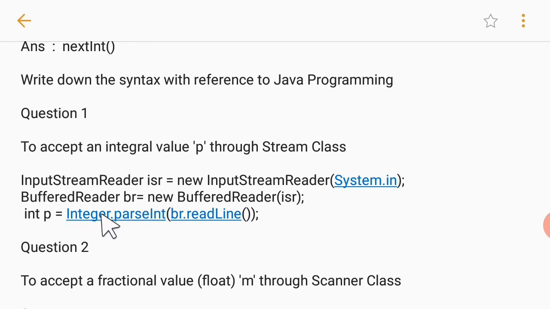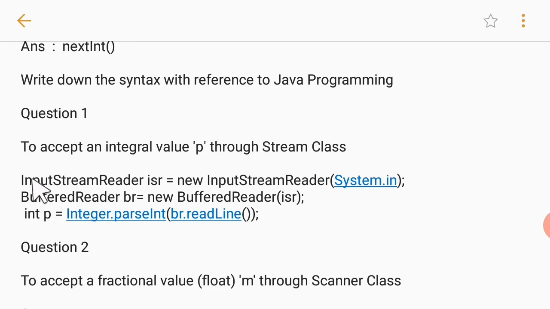Then we have BufferedReader, so we have BR, B of Buffered and R of Reader. Okay, but one more thing I want to clarify here. Generally students make a mistake that they forget to write ED here. They write just BufferReader. So always practice this, that we have to write BufferedReader.